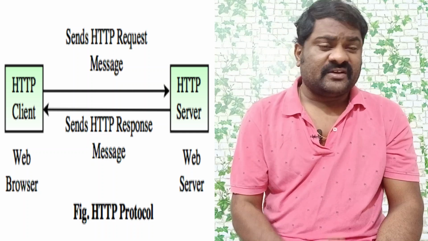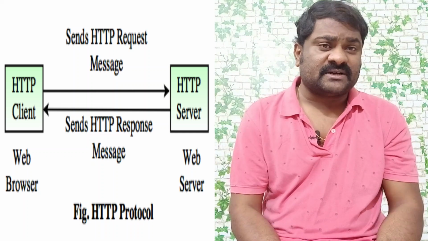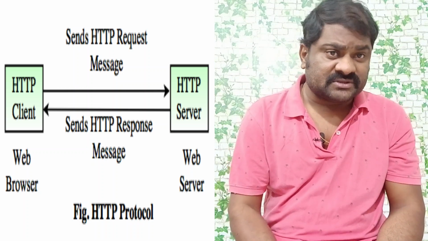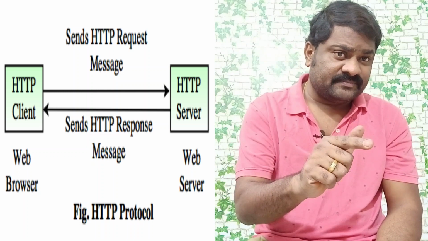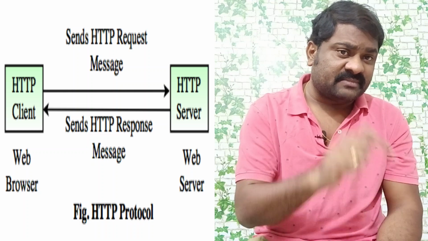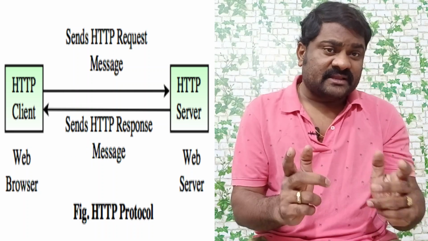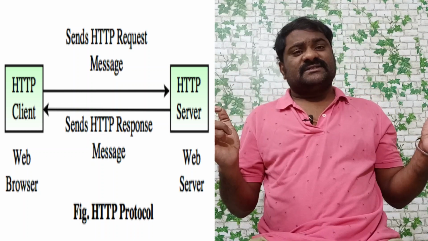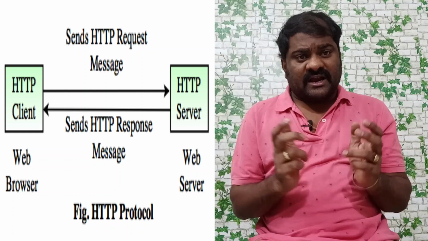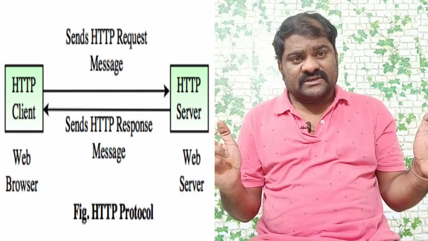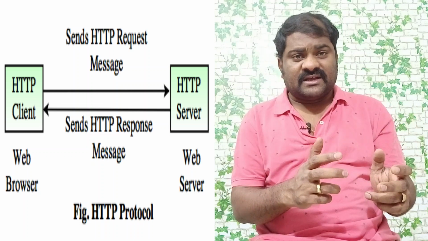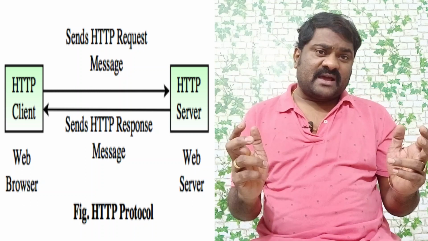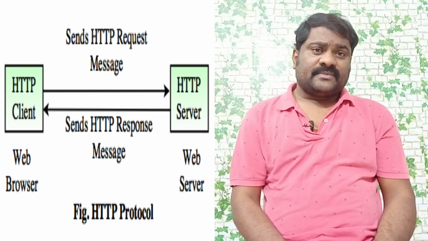For example, if you log into Gmail with your username and password, or you do any shopping in Amazon, the user will select or search for any item. Whenever the user searches for the item and clicks on that button, the data will come from the Amazon database. All the information about that item is available in that database. So the data will come from the database to the server, and the server will send the result to the browser. This total process will happen with the help of the HTTP protocol. I hope you understood, right?